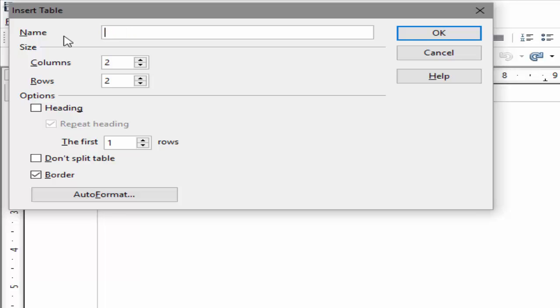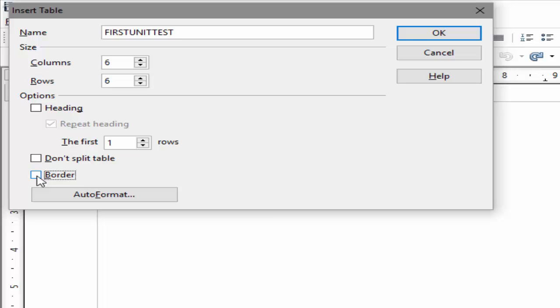So I will give the table name first unit test marks. How many rows and columns you want to be in your table? According to that, insert a proper value in the row and column text box. Here in this case, I want to create a table of 6 rows and 6 columns. So I enter the number 6 in column and row text box.